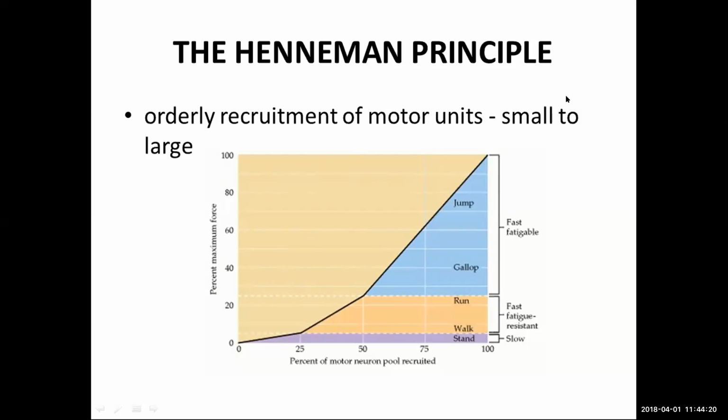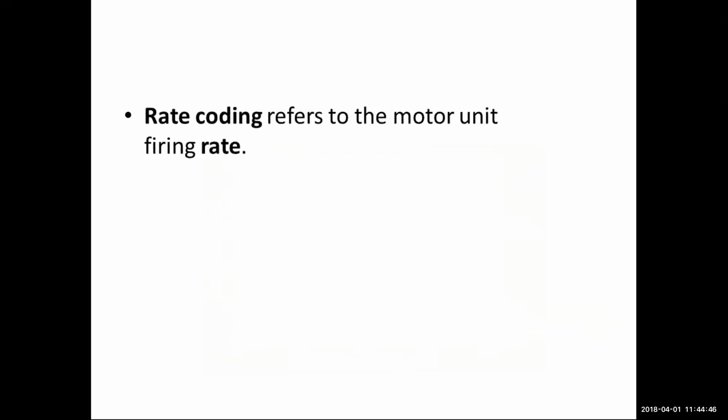But most of the time, this is what your motor unit recruitment will be. This is one way of controlling how much force you are able to create in the muscle in accordance with your task. As you are trying to give more and more force, like jumping, galloping, that is what we call ballistic force, then the large motor neurons will be stimulated more than your small motor units. But this alone seems to be not enough to produce force or modulate force.